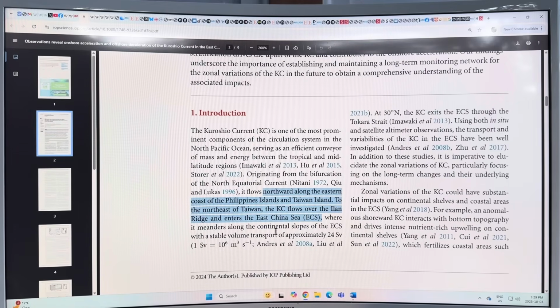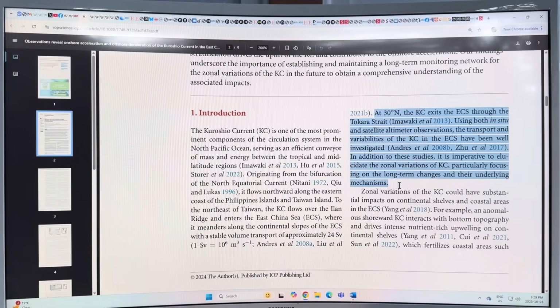Okay, and then it meanders along the continental slopes of the East China Sea with a stable volume transport of about 24 sverdrup. 1 sverdrup is 10 to the 6 cubic meters per second, equal to the cumulative flow of all the rivers of the world. And then it exits the East China Sea through this Tokara Strait,